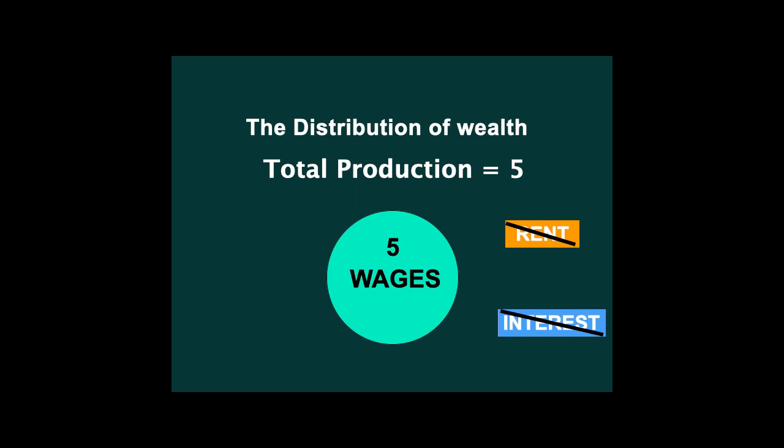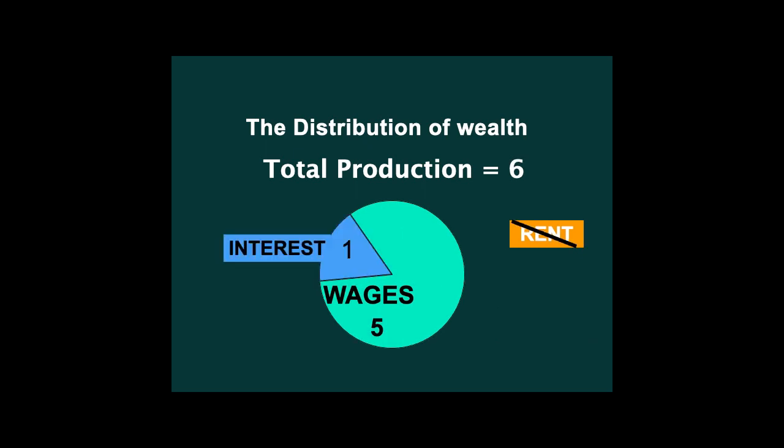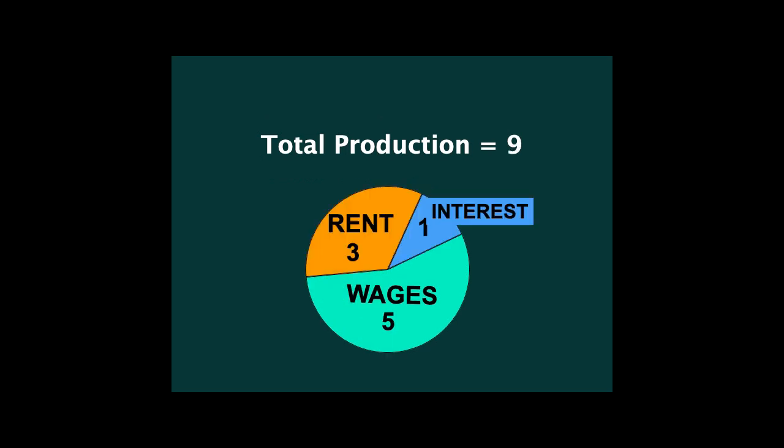Now, there's always wages, but if no capital is used, there isn't interest. If the land is free, there isn't any rent. If capital is used, there would be interest, even if the owner and user are the same person, as I said before. Most production uses valuable land and yields rent. There's rent as long as the land offers an advantage over the free land, even if the owner and user are the same person.